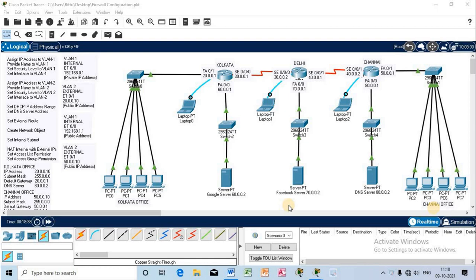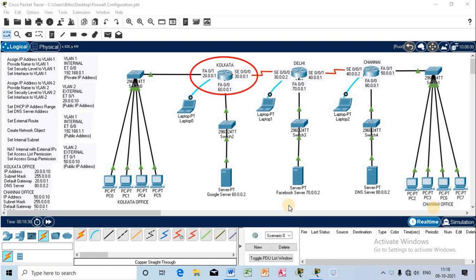Okay, let us start working with the Cisco Packet Tracer application. So already I have created this networking topology. I have configured 3 routers. I have assigned IP addresses for all those routers. I have created 2 separate office setups. I have also attached a Google server, Facebook server and DNS server, and I have created a networking topology. I will just configure the hardware firewall in the office setup to ensure the security mechanism. Let us observe.